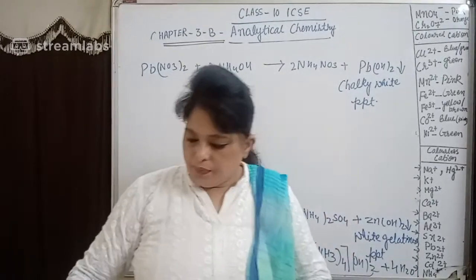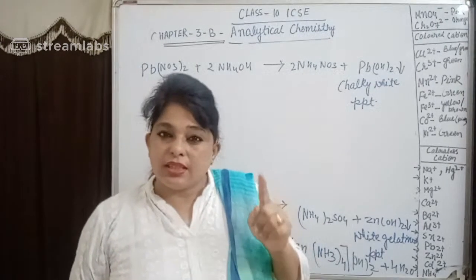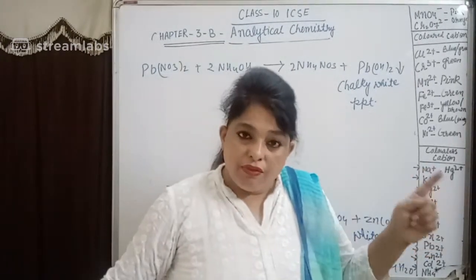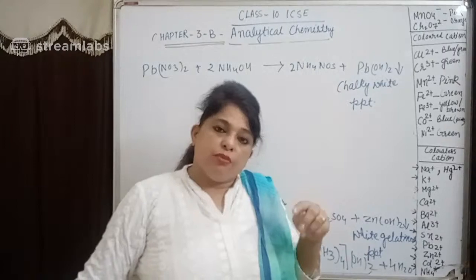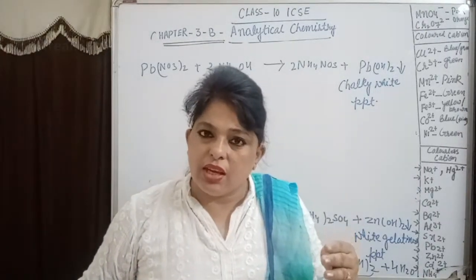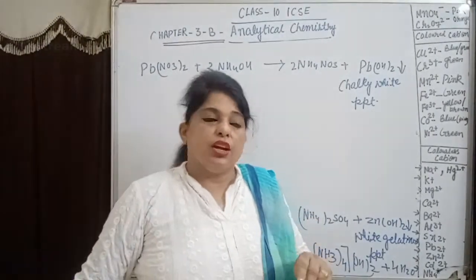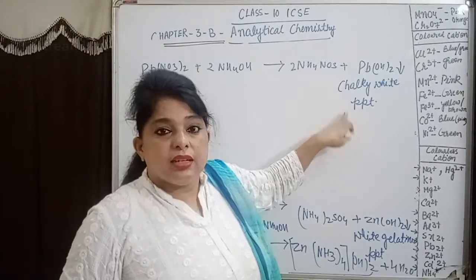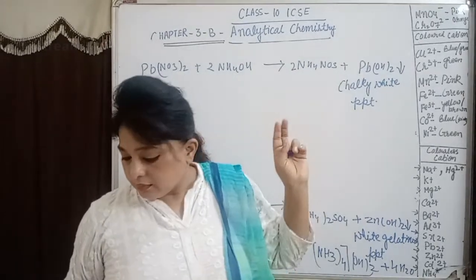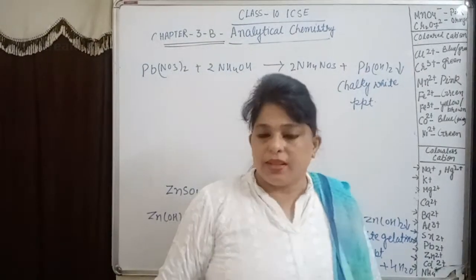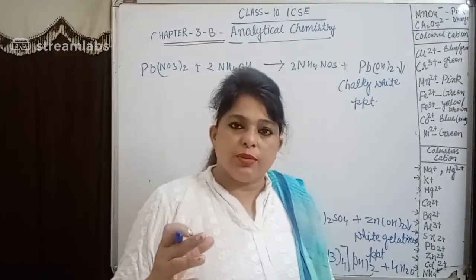Now we can easily tell if you are using ammonium hydroxide in the given salt. If you get dirty green precipitate, it means ferrous ion is present and we are using ferrous sulfate. After adding ammonium hydroxide to FeCl3, if you are getting reddish brown, once again it confirms the presence of FeCl3. Then if you are getting chalky white precipitate, it means a lead salt is present. Then if you are getting white gelatinous, it means zinc salt is present. Then if you are getting pale blue precipitate, it means copper ion is present and copper salt is present, right?